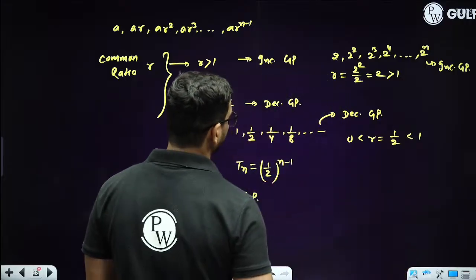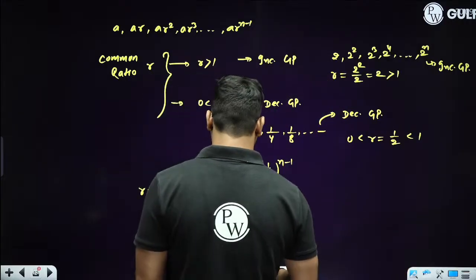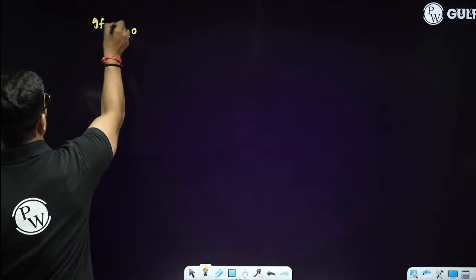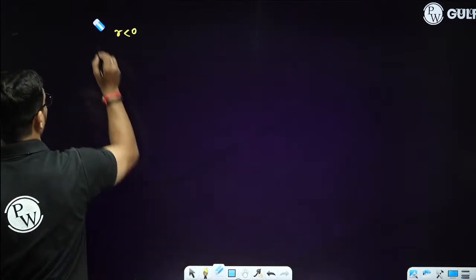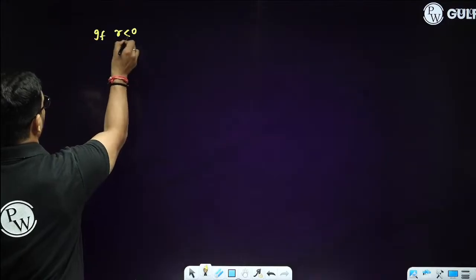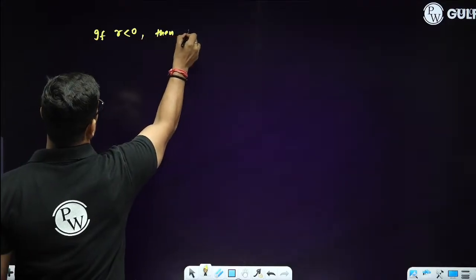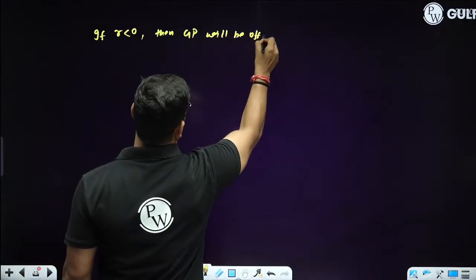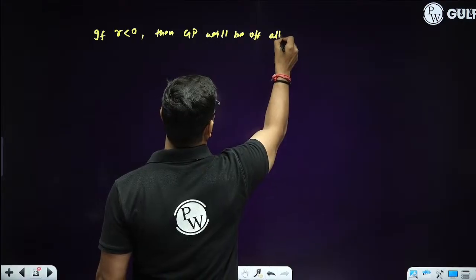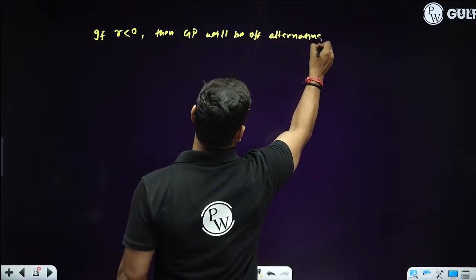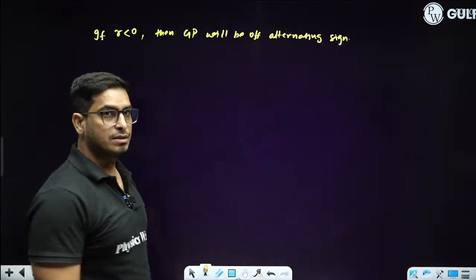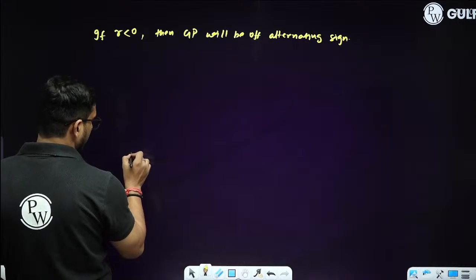We have seen positive 1, we have seen 0 to 1, we have seen equals to 1. You might also ask that, sir, what if R is negative? If R is negative, then GP will be of alternating term, alternating sign. Is it alternating sign? Means if R is negative, let's say R is negative. Negative means,